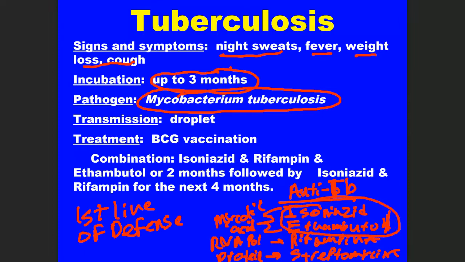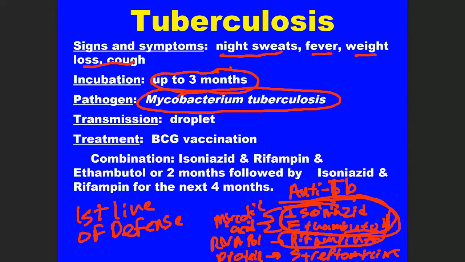In other words, let's say that I only gave a person rifampin just by itself, then it would have no effect because it can't penetrate the mycolic acid. So that's why you have to give these two drugs to get rid of the mycolic acids, and then that gives the other drugs more of a chance to penetrate the cell. All right. Now, so those are kind of our first line of defense drugs.